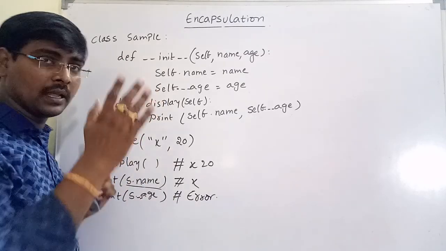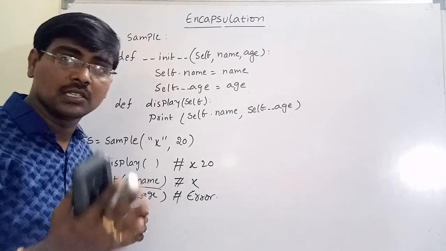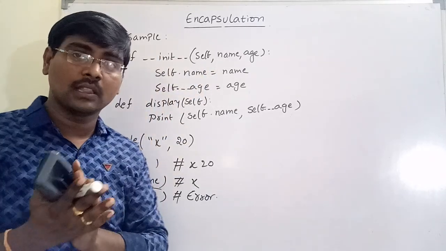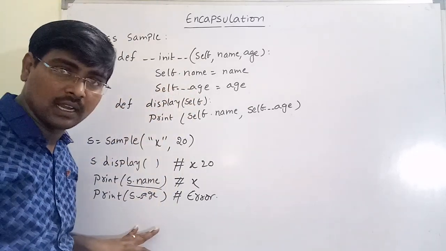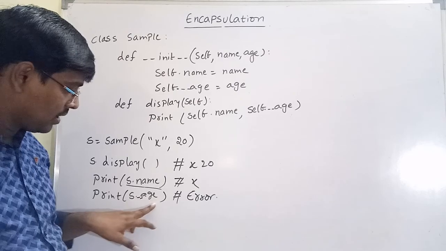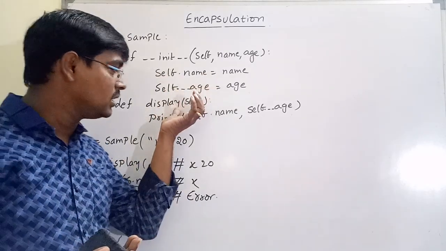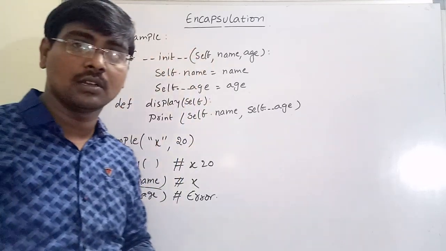Whether it is a method or a constructor, whatever it is. The previous example we discussed with a method, and this one uses a constructor. If it is a method or constructor, the private variable is not allowed to be accessed outside the class. If you want to access the variable directly, it displays an error. So one procedure is that the variable is placed inside some other method, and we call that method. This is encapsulation. Thank you.